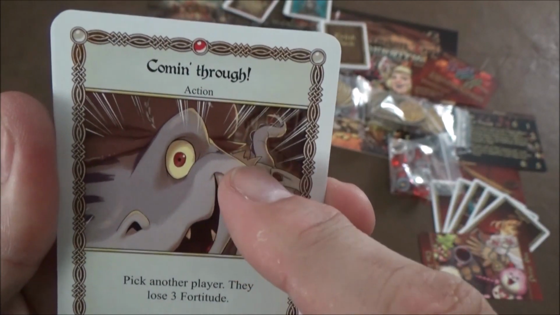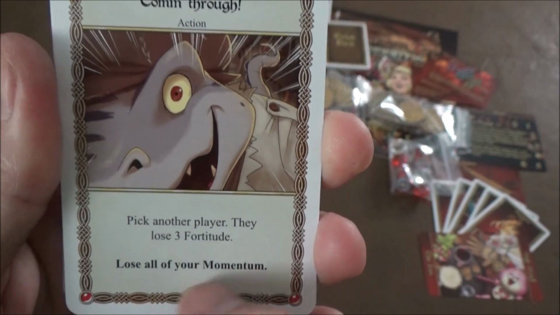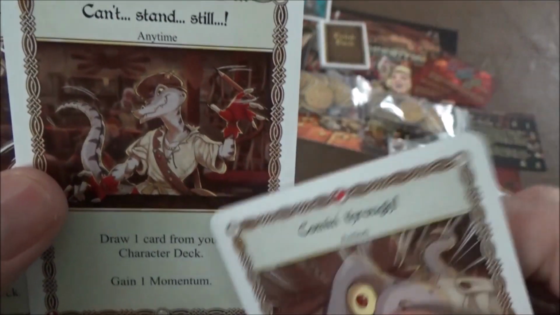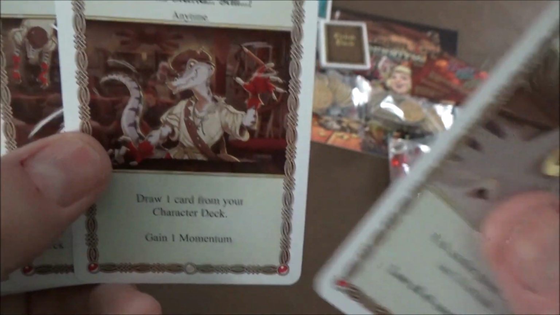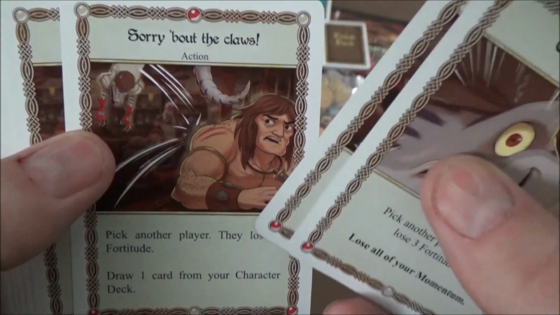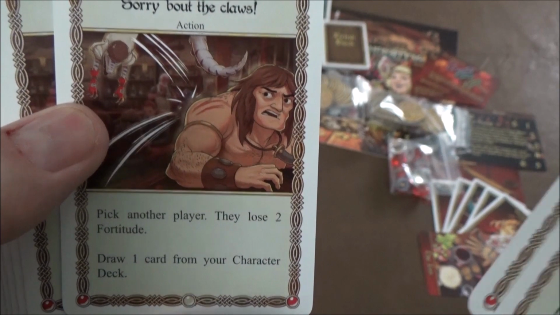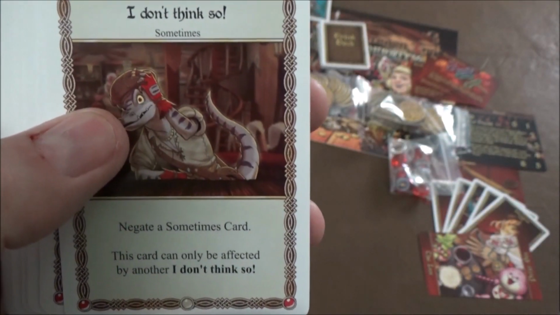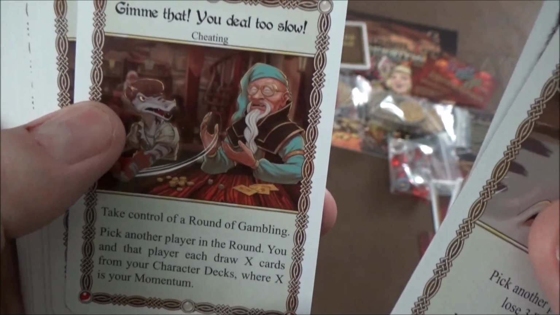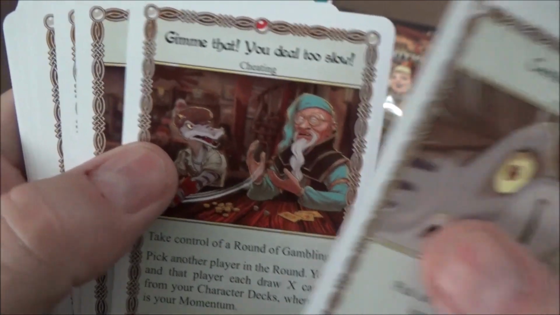And a lot of his cards do something with the momentum. So in this case, you basically run into somebody, you make them lose fortitude, lose all your momentum. Then you get to draw a card, gain momentum, pick another player, they lose 2 fortitude, and you draw a card. So he's all about drawing extra cards. And a lot of fortitude loss. I think there's some that mess with drinks later on in here, but...